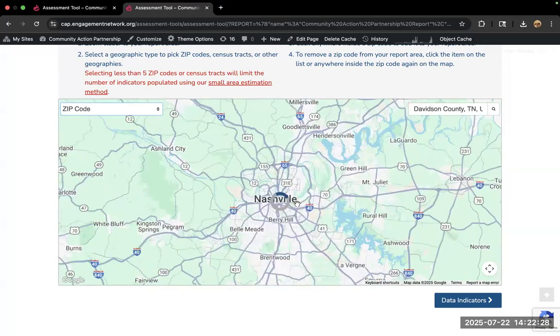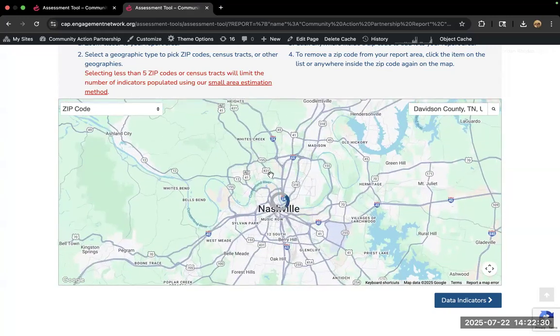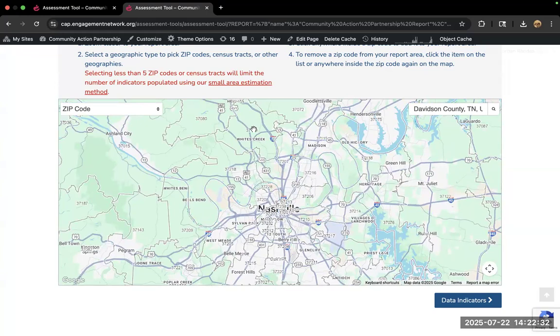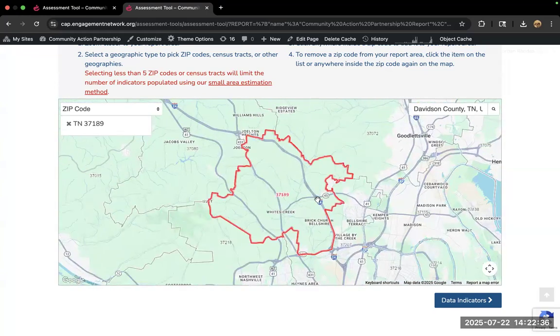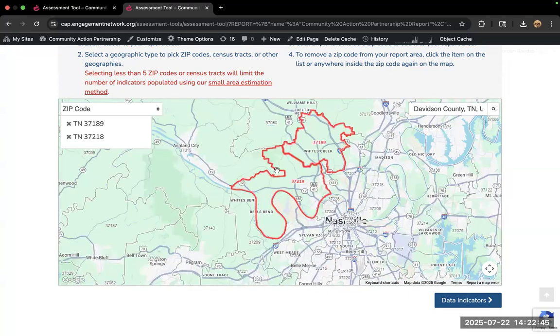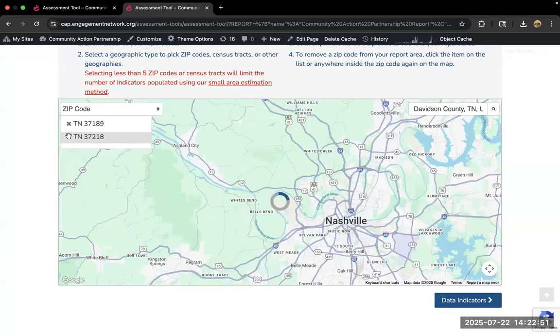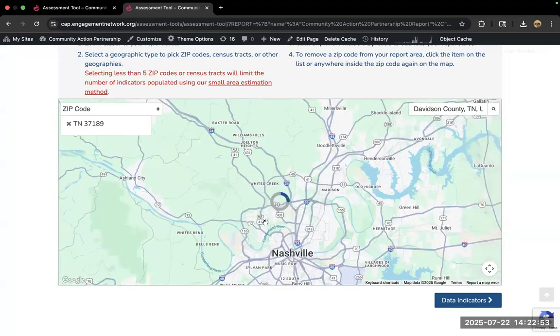And so we have all of our zip codes visible here. And I'm going to click this one up here that's kind of towards that top left corner. And as you can see, when I clicked it, it added to my list right here. When I click more zip codes, they're going to add to my list. And same as with that other location picker, I can click the X beside any zip to remove it.